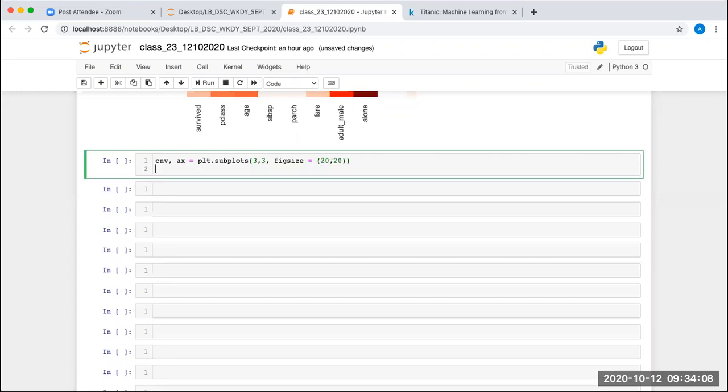Now I want the count plot, right? For every column I want the count plot. So the function I'm going to use is sns dot countplot.